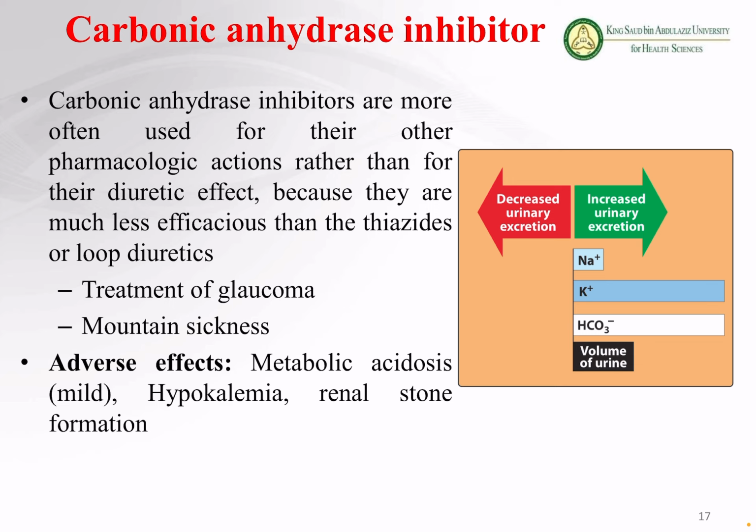Okay. Then we discussed the carbonic anhydrase inhibitors. We discussed that we use these drugs for glaucoma and also for mountain sickness. The adverse effects, as I told you, are metabolic acidosis, hypokalemia, and renal stone formation. We know that the stones in the kidney are made of calcium oxalate, and these calcium oxalate stones precipitate in an acidic medium. So that's why you will see this in those who have stone formation.